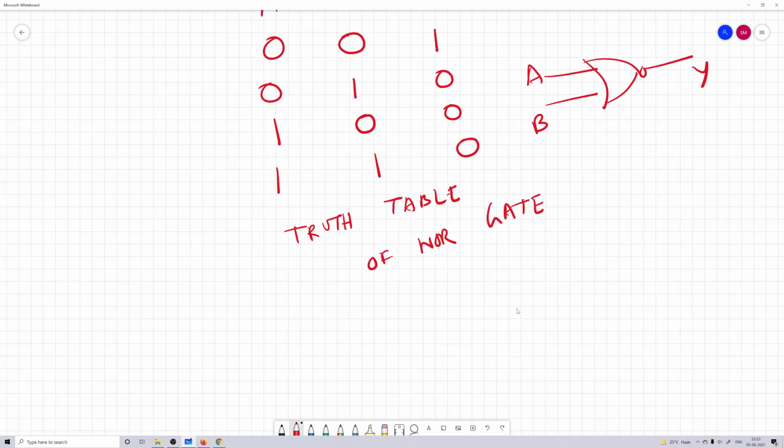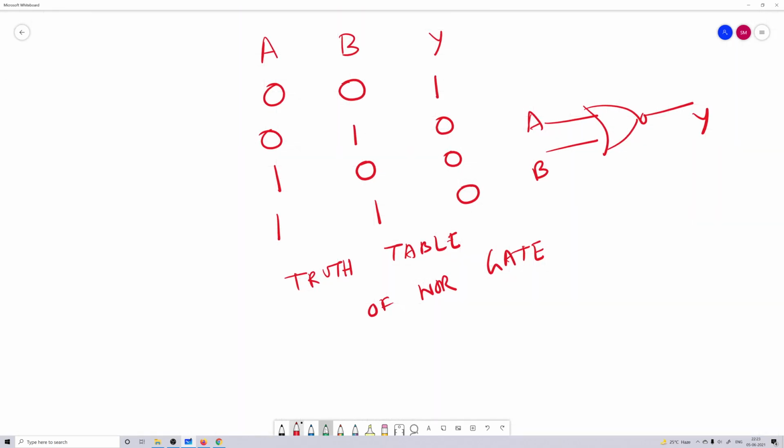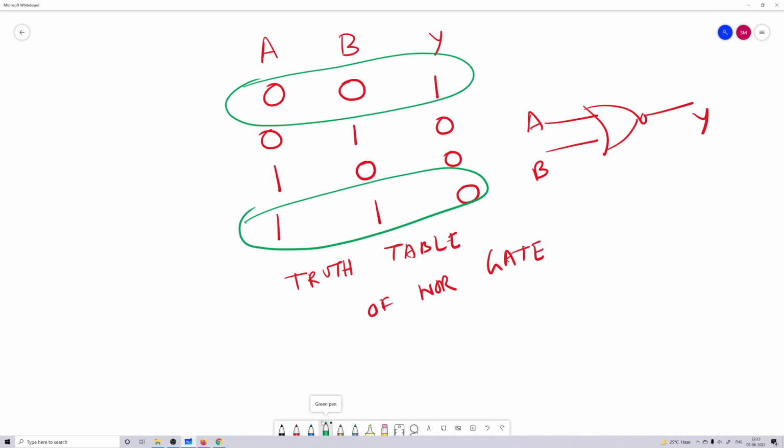So the first gate we will be implementing is the inverter. Now if we look closely at 2 rows, this one and this one, we see that when both inputs are 0, the output is 1, and when both inputs are 1, the output is 0. So if we short the 2 inputs of a NOR gate to a single input, we will effectively get an inverter or a NOT gate. So this can be given as this. It's very similar to that of the NAND gate. Let us simulate this.